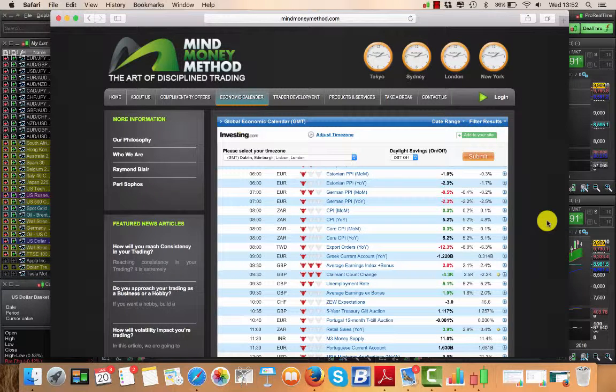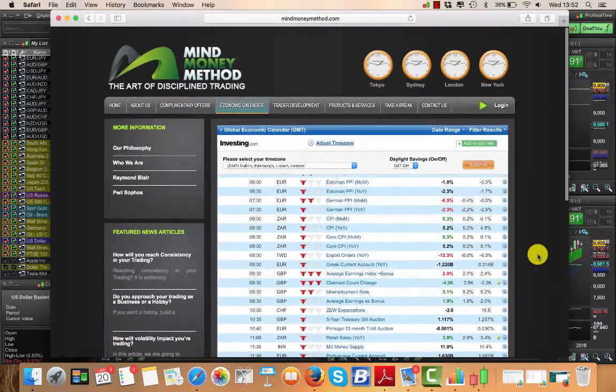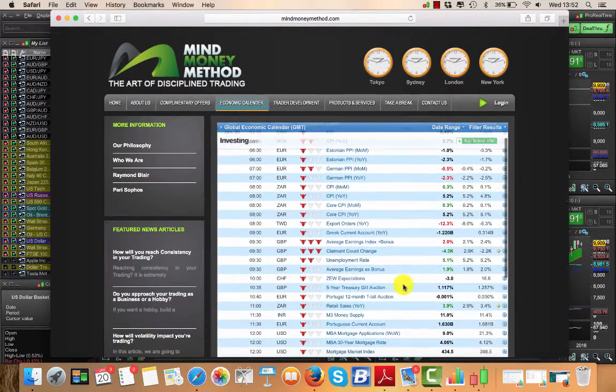But we do normally come to this as part of our checklist. We always come to our economic calendar, and we always look for a big news announcement. And the reason we do, just as a reminder, because folks have asked why we use the economic calendar and what it's there for, is that I thought I'd present a little bit on it, just to give an explanation.